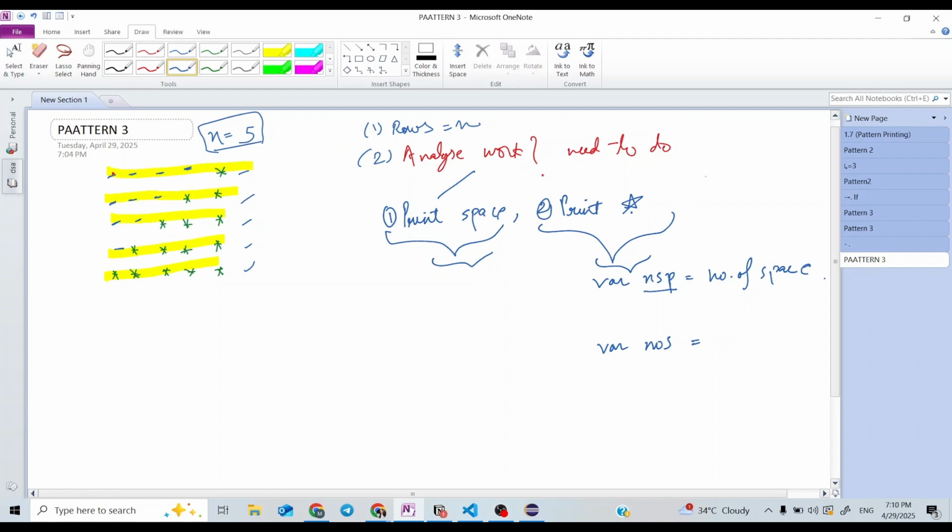In row 1 the count of spaces may be 4 and the count of stars may be 1. So that's why we need these variables for keeping the count in a particular row. And nos will be storing the number of stars in a particular row. So let's work for the first row.